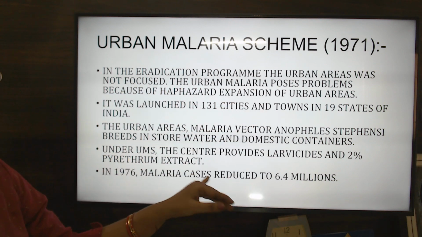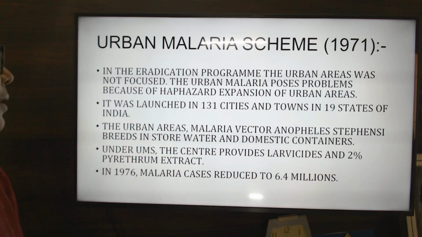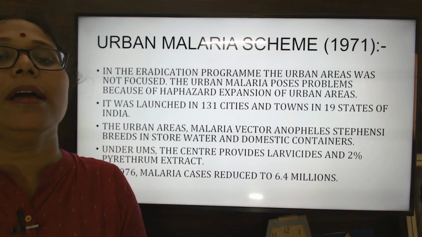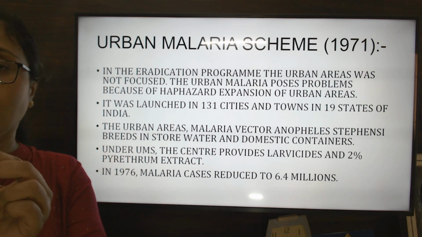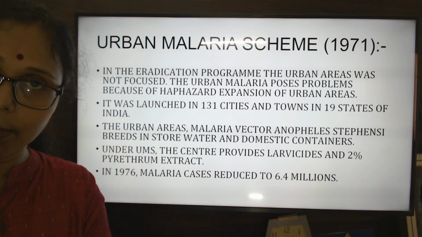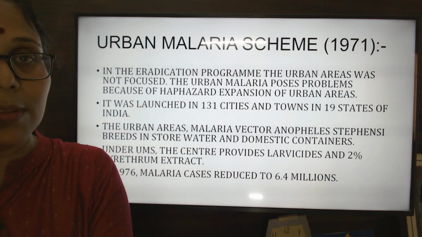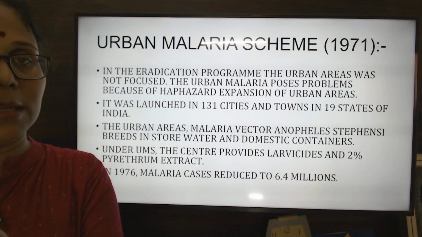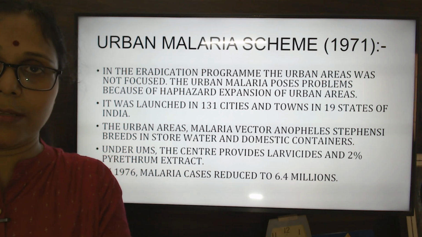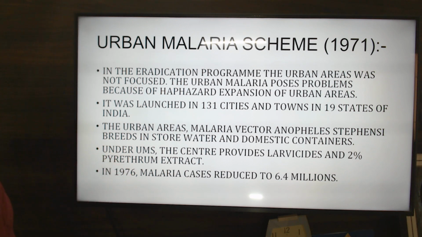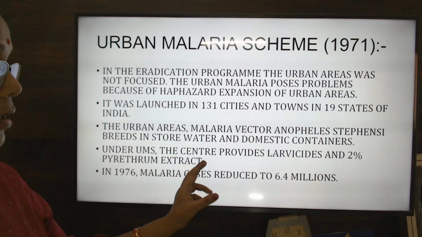Under the Urban Malaria Scheme, the center provided a larvicide, that is, 2% pyrethrum extract. Now, another major measure is the larvicide. As you know, in the mosquito life cycle, the mosquito first lays eggs, and the eggs develop into larvae, then pupae, and then become adults. Larvicide means you kill the mosquito in the larva stage. So larvicide means killing of the larva, and that's why 2% pyrethrum extract is the chemical used for the urban